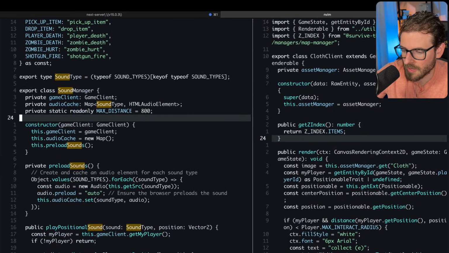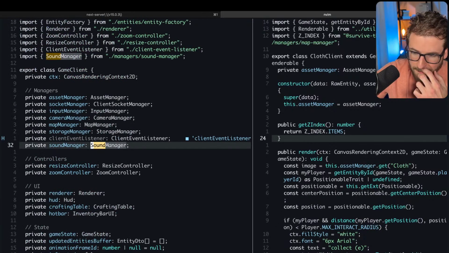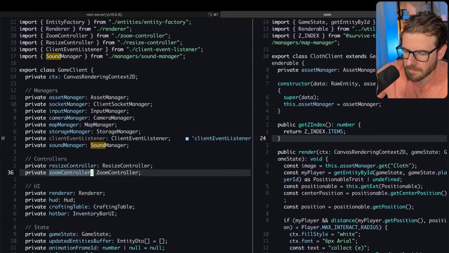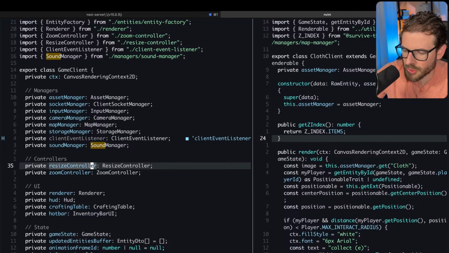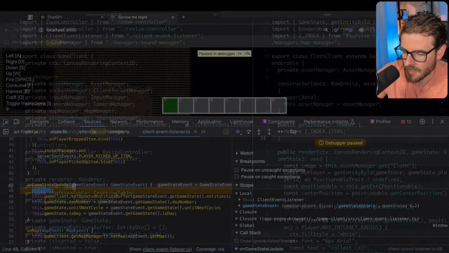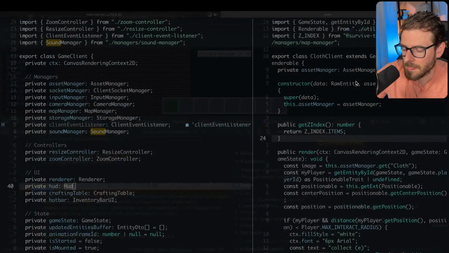Okay, and you can go here, you can start seeing different methods of like, okay, how do you play a sound? How do you load sounds? Stuff like that. Controllers, these are related to any control that's in the game. So like pressing a keyboard, your mouse, clicking stuff on the screen, you have these controllers. UI is what we're doing for rendering stuff out. So like we have a bar here, this little thing on the left, thing on the right.